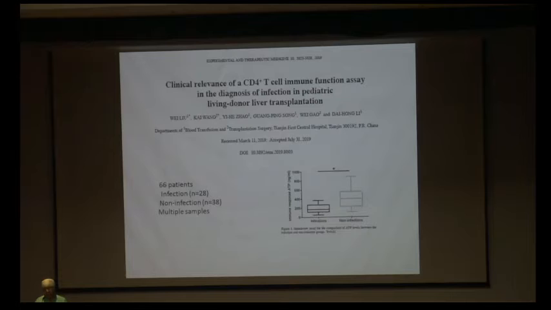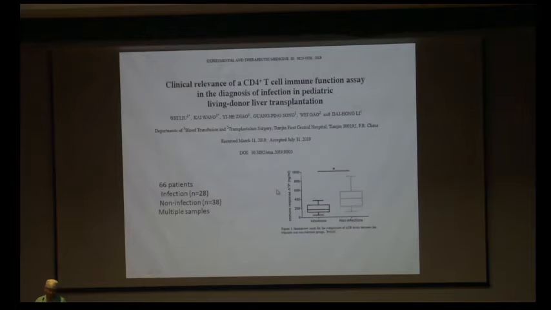And what they did, this is again a commercial assay called ImmunoKnow, and here they can tell whether a patient has immunity against infection on the basis of the presence of immune response ATP. And what they found was that those in which the immune response ATP was higher had less infection.